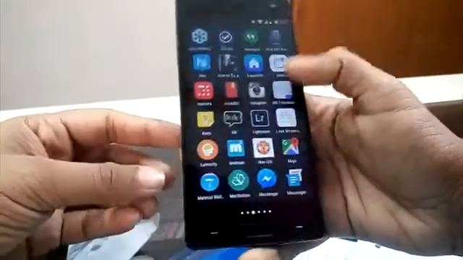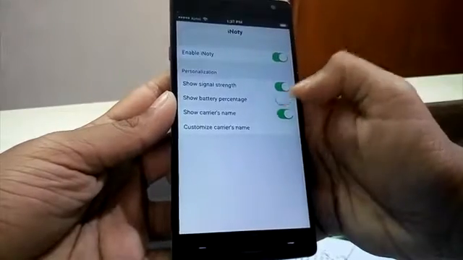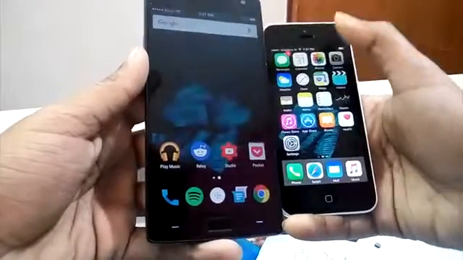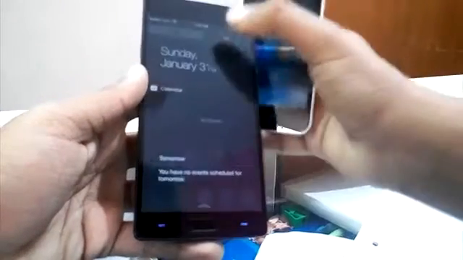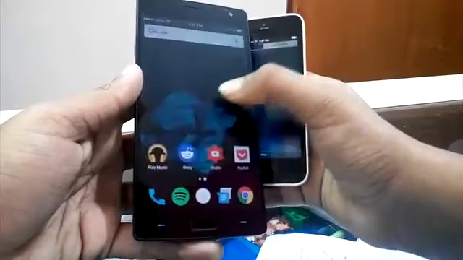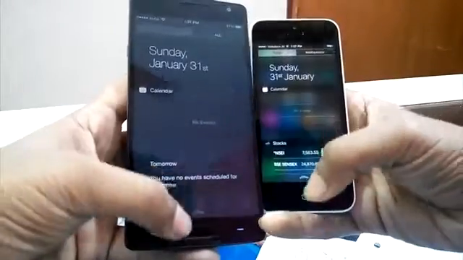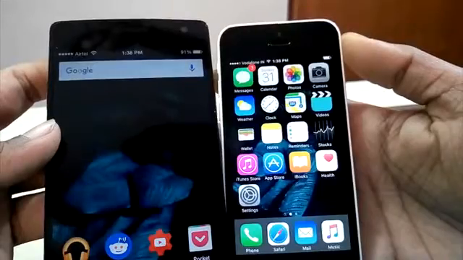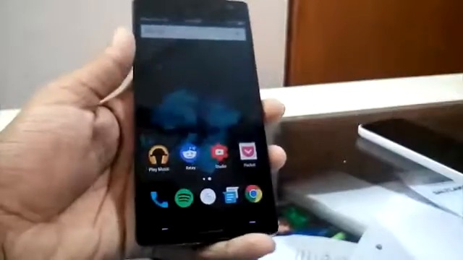After you have downloaded, first let's open iNoti, the app name is iNoti. Enable it and other things you want, and you can see the notification bar has changed to that of an iPhone. For comparison, you can see over here it looks very similar, we just don't have the stocks like the iPhone. There should be some difference at least, because it's just a ripoff, not the original iOS. You have to turn this on so that you get the notifications over there. And now it looks quite similar. Sunday 31st January, you'll get this video on February 1st probably. So this is how the notification bar looks. Let's proceed with the video and make the other features look alike.